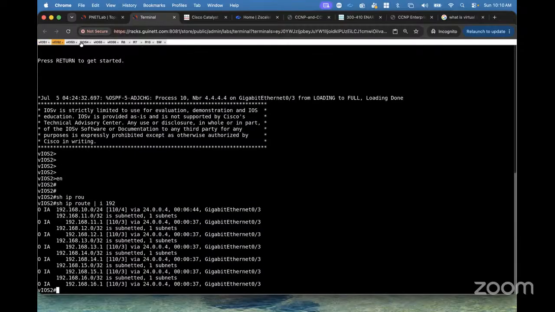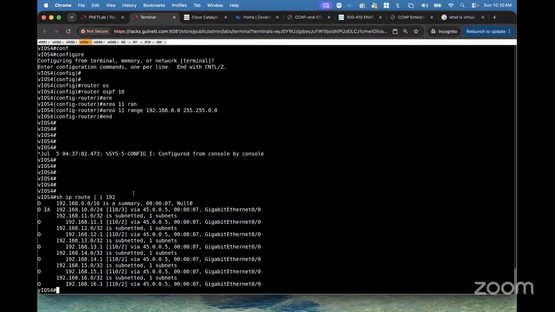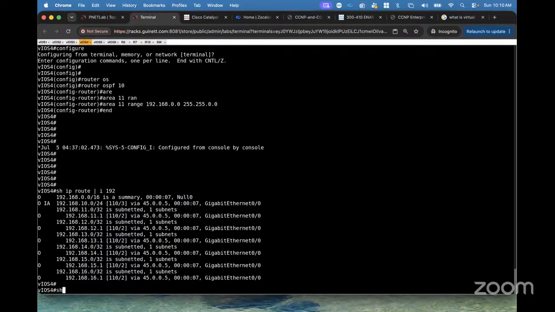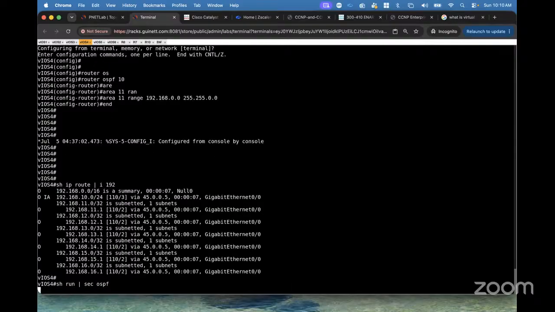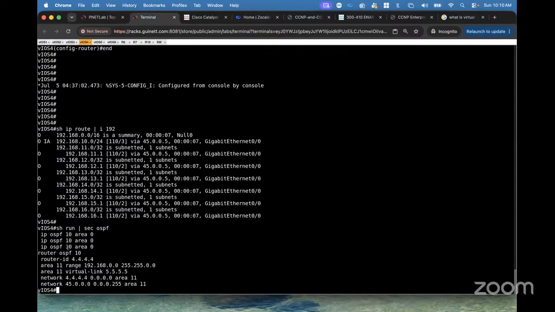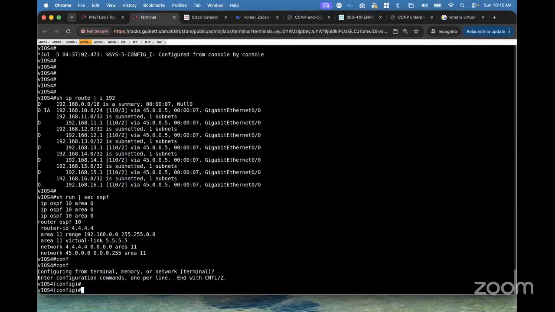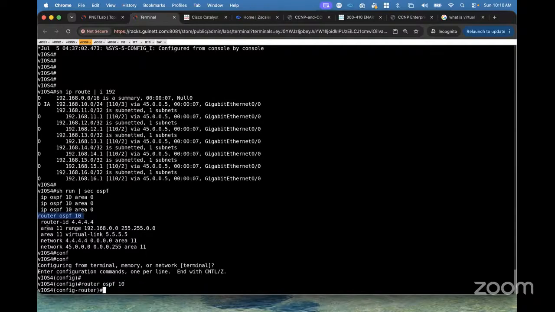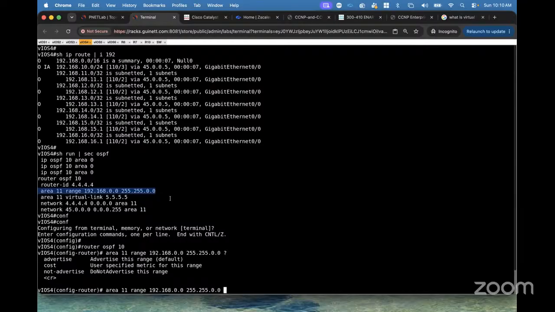So the command is this one, which we did on this particular router. Let me show you one more time with show run section OSPF. This is going to be your command. Now, let me explore a few more things. If I go into router OSPF 10 with this command, you can see